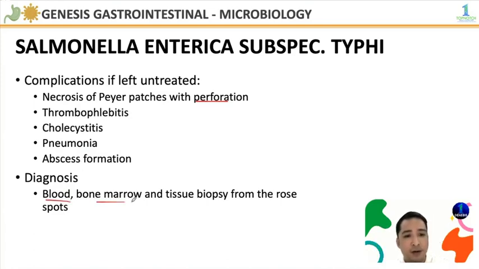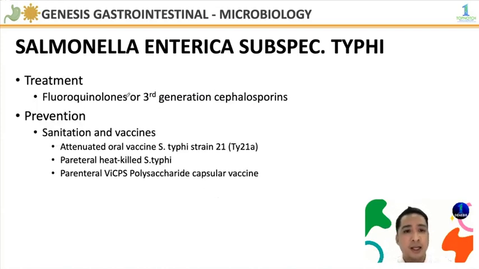Blood, bone marrow aspirate, and tissue biopsy from the rose spots are the diagnostic sites for Salmonella infections. For the treatment of Salmonella, we have fluoroquinolones or third-generation cephalosporins. For the promotive aspect of preventive medicine, sanitation and vaccinations are very important in the control of Salmonella enterica